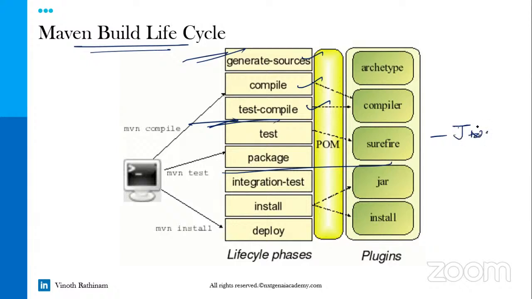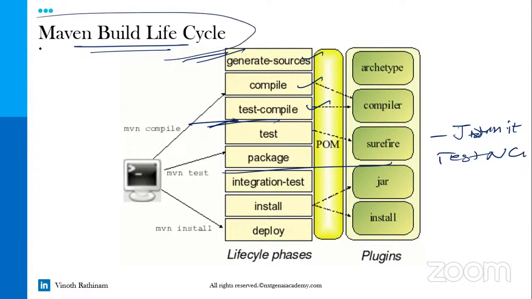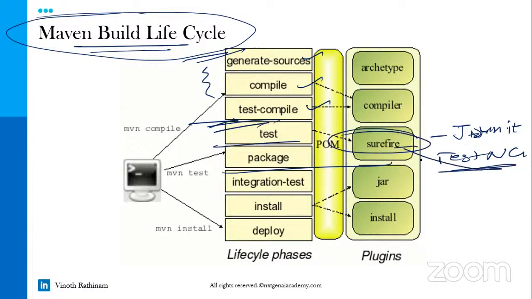Developers use JUnit. We will use TestNG. It means that whoever is a Java developer, whoever works on a Java project, everyone, including us, will use this Maven tool only. So almost everything a developer is doing, we are going to do the same thing. But there is only one difference: they will work in this area, generate, compiling, test, and we will work in this area, using this plugin, using TestNG. We will try to automate those test cases.